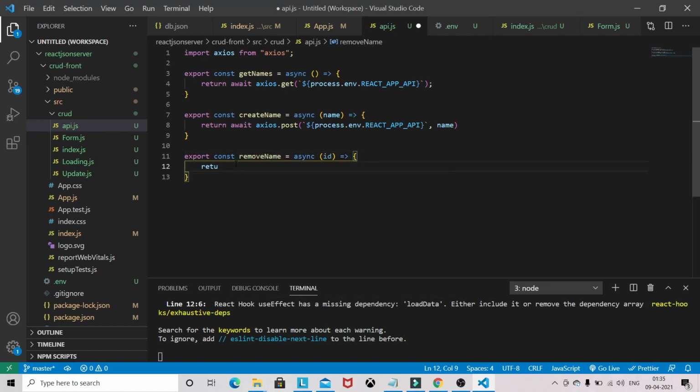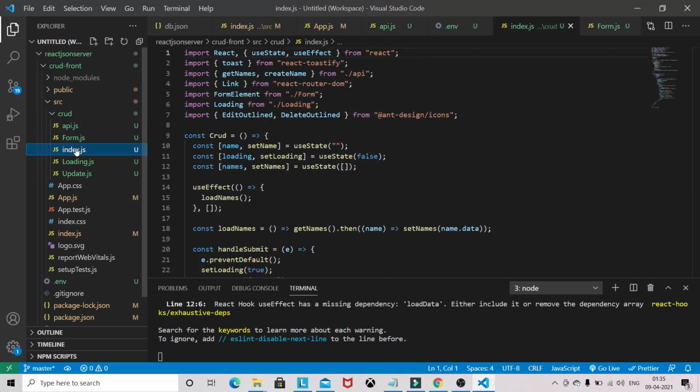Okay, so return await axios.delete, not default, delete, and again we need this process.env.REACT_APP_API, and we have to send this ID. So this ID we need in order to delete.